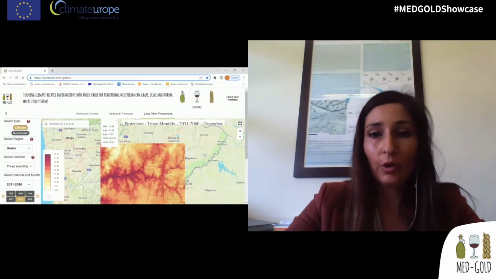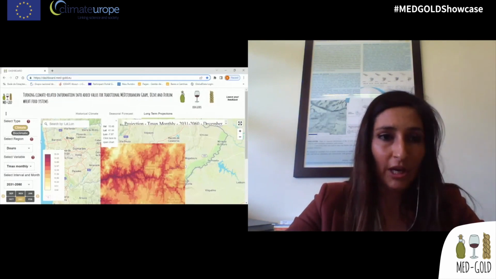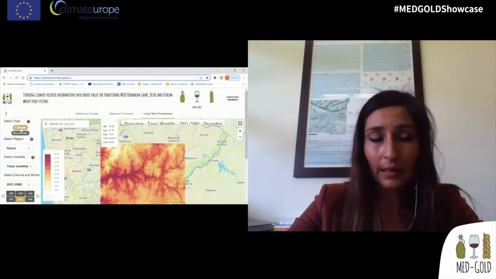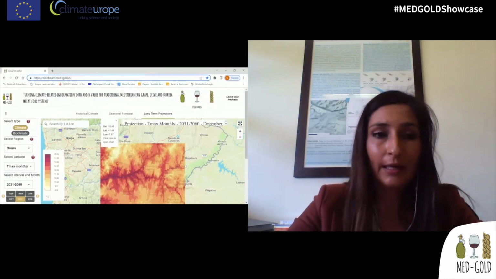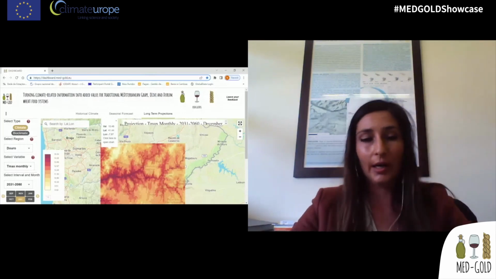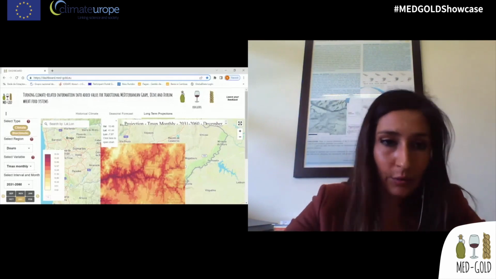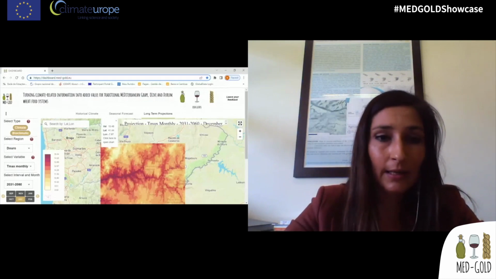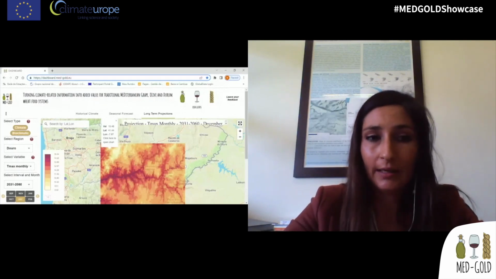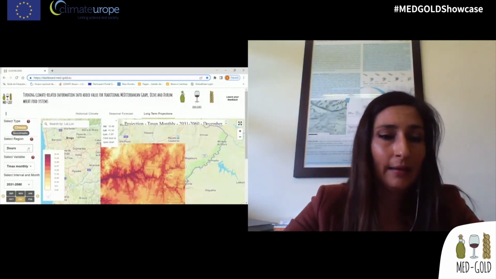Then, if you want to check for climate information, for the long-term projections we don't have the sanitary risk that we have developed under the scope of this project. We have the climate parameters and the bioclimatic indices, which are metrics for viticultural zoning, and you have more information if you need. Selecting the region, again, the Douro region,